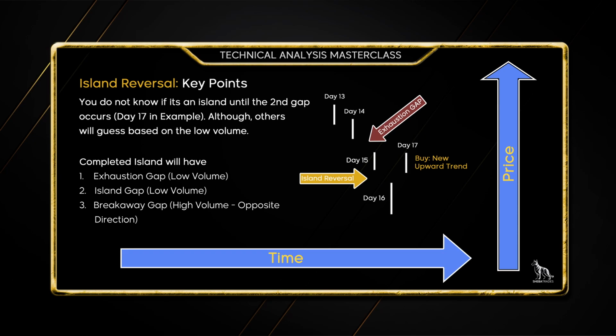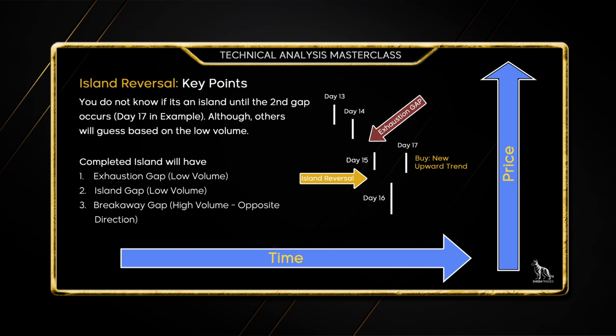If it's low volume, they might say, oh, on day 16, the volume was very low, and that could potentially be setting up for an island reversal. And that's not a bad guess, actually, but to be a true island reversal, to get your confirmation, and what conservative traders are going to be looking for, you're going to need that day 17, as you can see in this example. So there's high volume there. It's really established that, yes, things have changed. That's a definite change, and now you can see that there's a new trend forming.